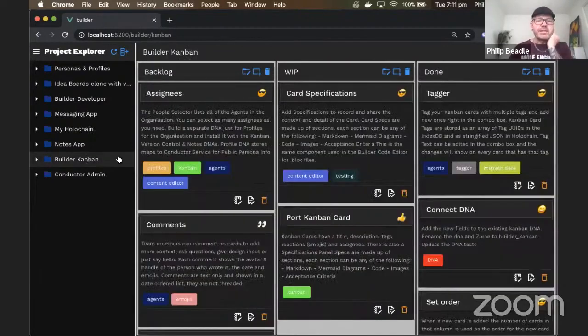So for quite some time, Arthur and I have been talking about this idea of a HackMD kind of thing, but instead of just Markdown, you can put other things in there. So I built that too. So you're now on the Kanban cards, you have this design specs page. This is the one for card specs, which is tagged with content editor and stuff. And I wanted to be able to specify the functionality or whatever this card was supposed to do. So now when you click here,